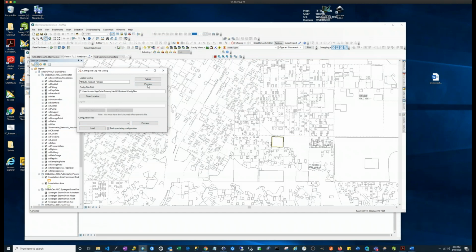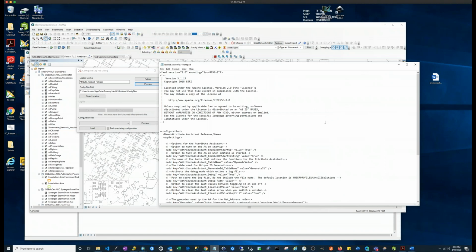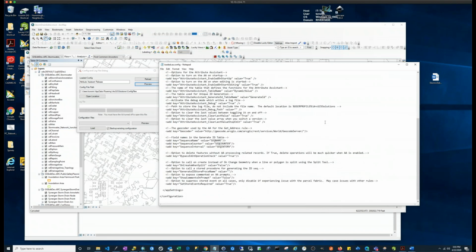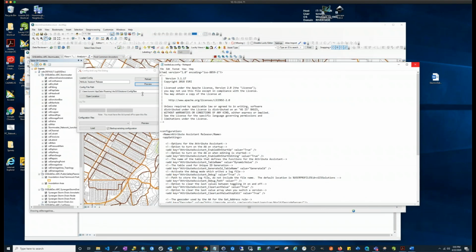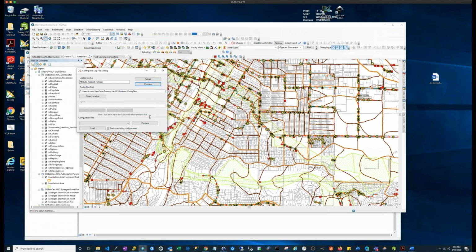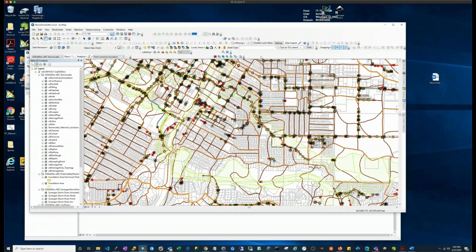Let me make sure, is the location correct? Okay, you can see it, right? Yeah, but you must have the AA turned off to open this file. Oh, yeah, it's just asking you to turn it off. Okay, so then we do a reload, then we can preview it, and then we can close, right? Yeah, correct. And as far as version is concerned on this SDE default up there,